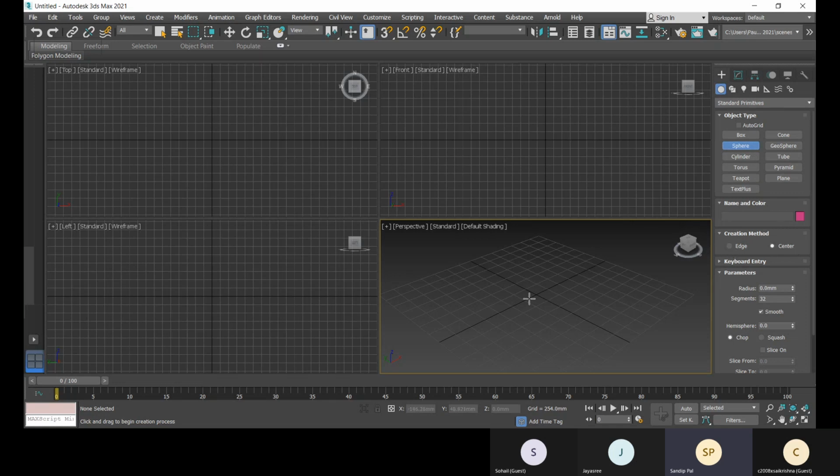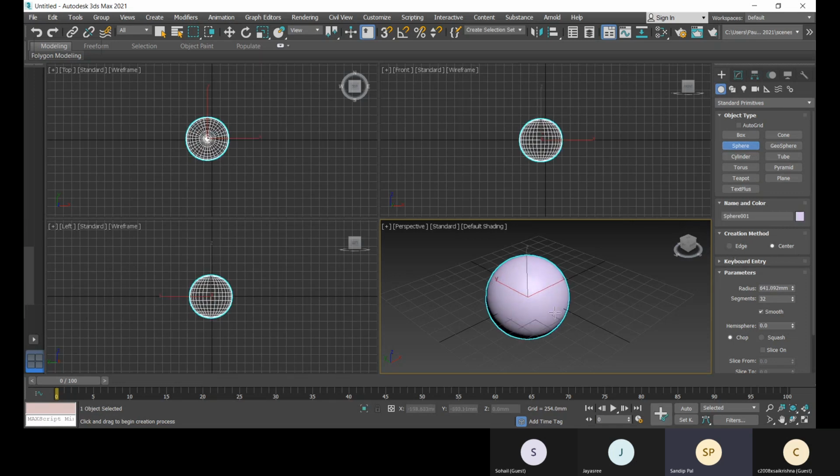You can choose center or edge. This is the center, and you can change the radius and the segments. The more segments you have, the smoother the object you will have. From here you can change the radius, like you can give it 600, a round figure.